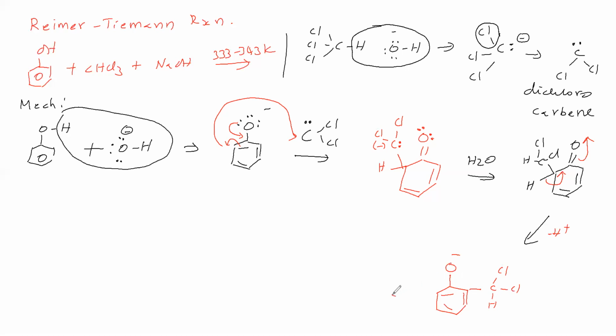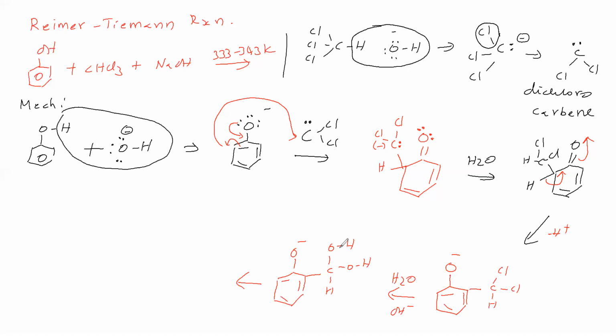Then it is undergoing hydrolysis in the presence of base. Cl minus is replaced by OH minus. That is called hydrolysis. So here O minus, here CH, Cl is replaced by OH. That is called hydrolysis. Therefore, Cl is replaced by OH minus, we said.